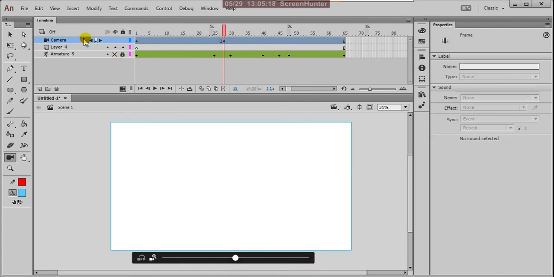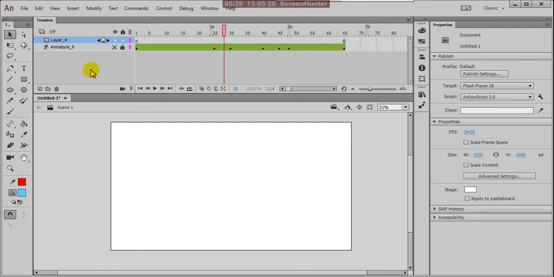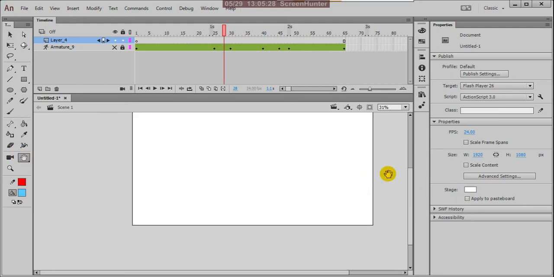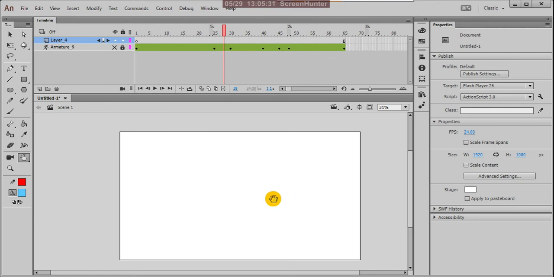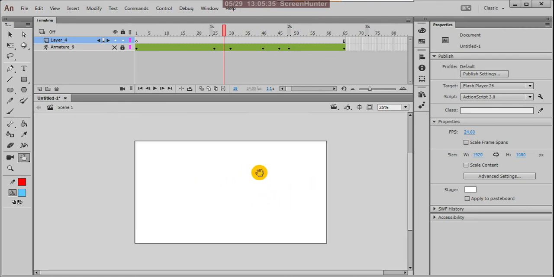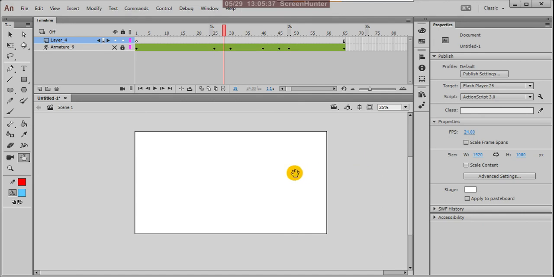For the time being, leave it. And here is the hand tool. With the hand tool, generally you can move the stage. You can move the stage with the hand tool.